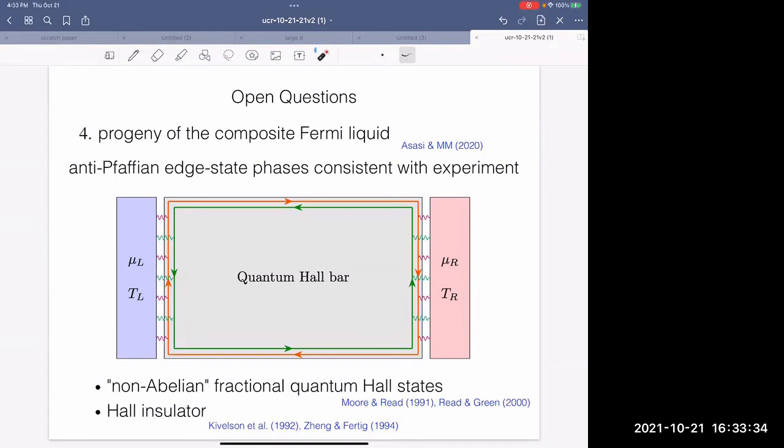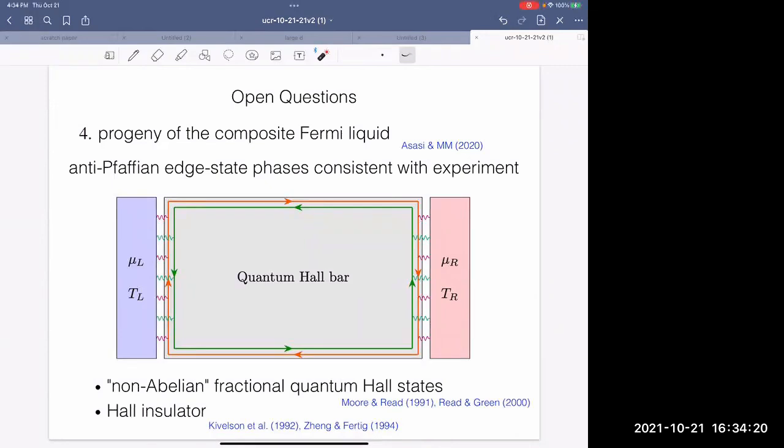But there's more, okay? In addition, there's a sort of superconducting instability of composite particles discussed by Read and Green, and they can exhibit so-called non-abelian fractional quantum Hall states, where the particles in that state, when you exchange them, you don't just get a phase, but in fact, the space of states of a collection of particles has dimension greater than 1, and